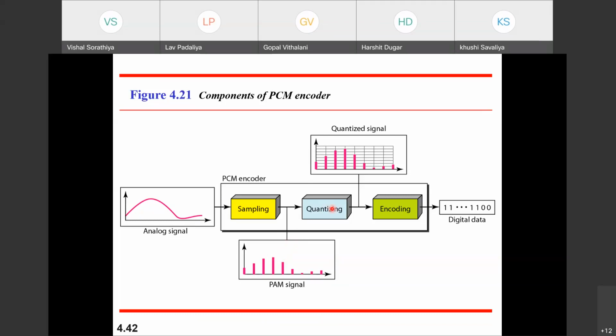Meaning, let's say I have decided that whatever sampled signal I am taking, each and every sample I am going to represent with 3 bits of digital data. So how many bits will I use to represent each sample? 3 bits. So how many quantization levels are there? That number of quantization levels is nothing but 2^3. Whatever number of bits you have decided, 2 to the power of that, that many quantization levels you have. So we can say there are 8 quantization levels, and your entire signal is going to